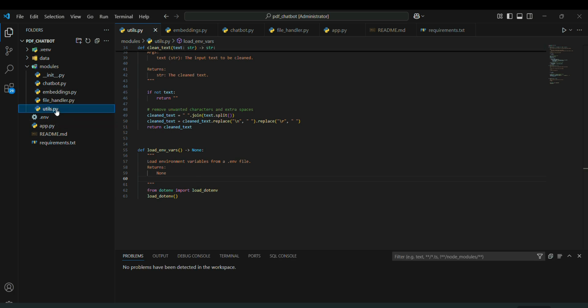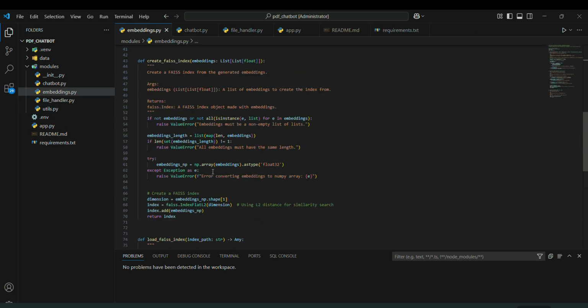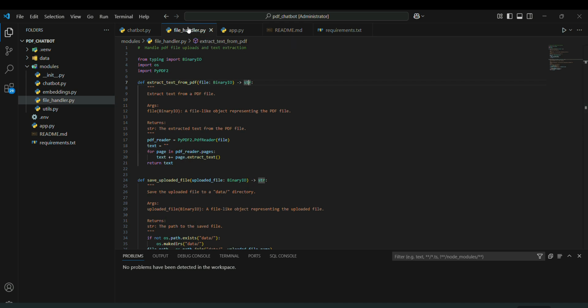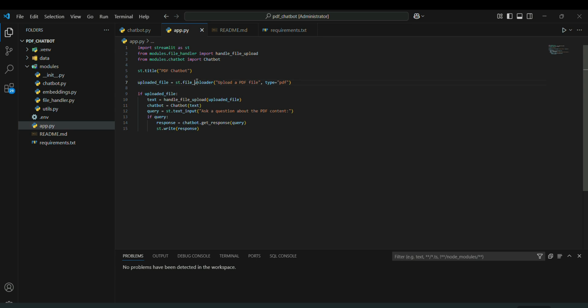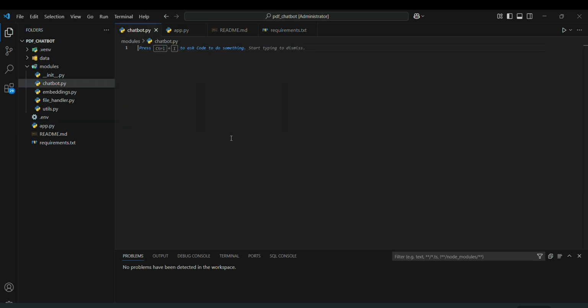ठीक है, तो यूटिल्स वाला फोल्डर बन गया, एंड एम्बेडिंग्स, फाइल हैंडलर, चैटबॉट बनाना पड़ेगा, इनपुट स्ट्रीमलिट। तो चैटबॉट के लिए अगर हम ओपन एआई की पहले लोड करेंगे चैटबॉट में, चैटबॉट में पहले लोड करेंगे, इंश्योर ओपन एआई